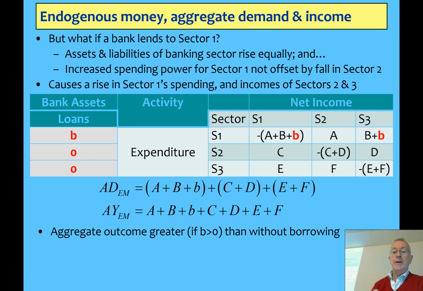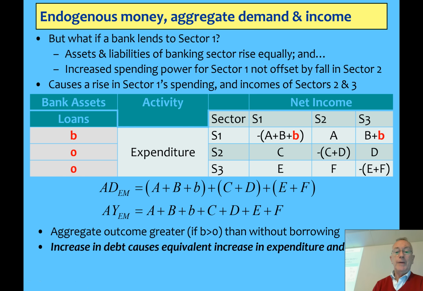The way to look at that, you've clearly got more demand coming out of bank creation of money than if you don't have any bank at all. So there's an equivalent increase in expenditure and income. Now, if somebody borrows money and doesn't spend it, okay, you're going to get a difference. Okay? But people borrow to spend. People don't borrow to be in debt to a bank and watch their interest payments get more expensive. Plenty of people end up going bankrupt that way, but it's not why they do it in the first place.